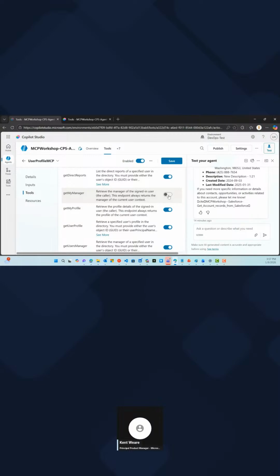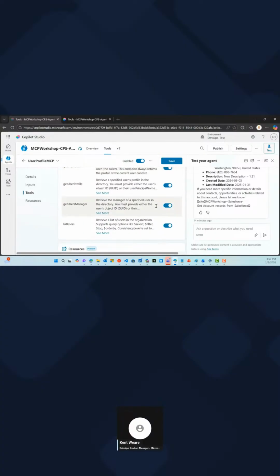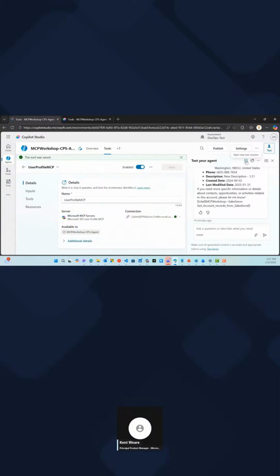And this would be, I guess, maybe one of the arguments for building your own custom MCP servers, is you can include exactly what you want and what you don't want. Now here, it's a reasonable experience to just turn something on, turn something off, and then click save. And that's as simple as it is, but it is something that you manage.